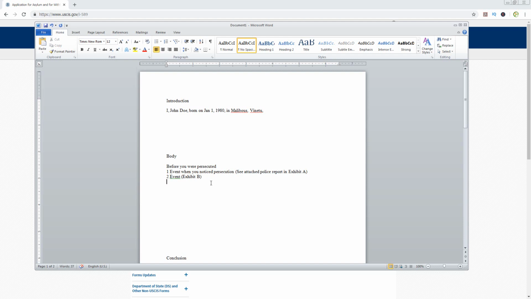But then you can also say that there was an event which is similar to yours where some Muslim guy was persecuted, kind of similar, the same way as yours, and there is an actual news article, and then you can say exhibit B, exhibit C actually, because we already have B, is that newspaper attached that shows that event that happened to another Muslim guy that was persecuted. So you are showing a similar case to yours,